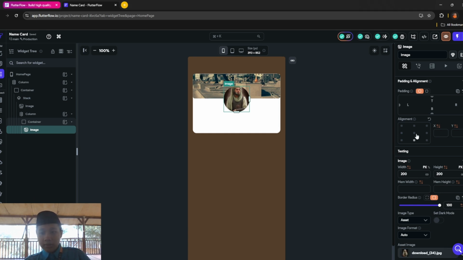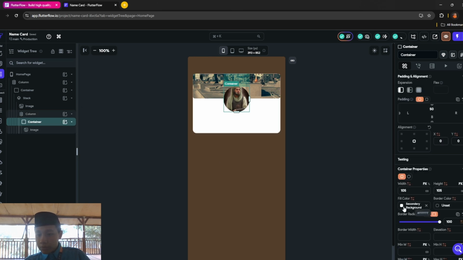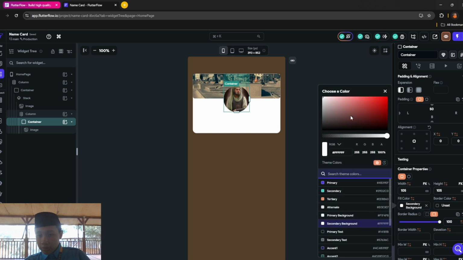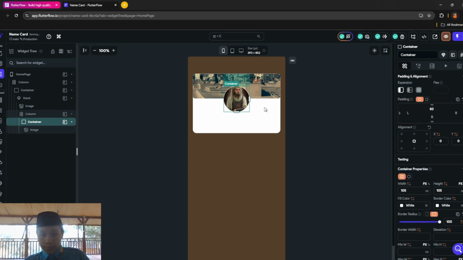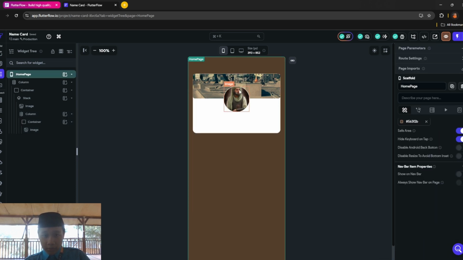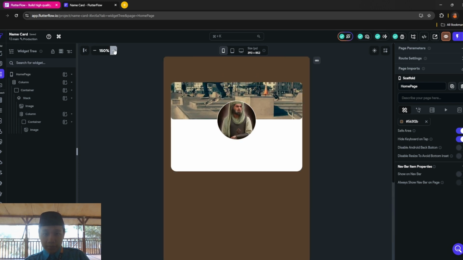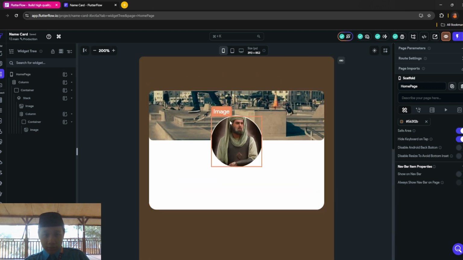And for the container, set the secondary background to white, and then border color to white. Boom, it should appear like this. And you're actually done. If it already has this line here, you're done.